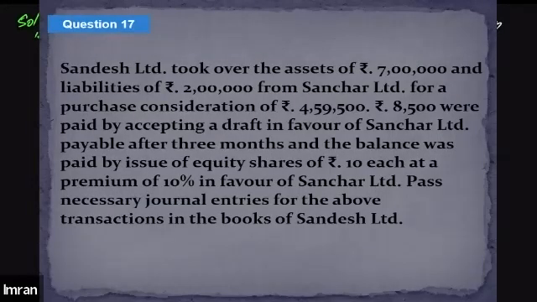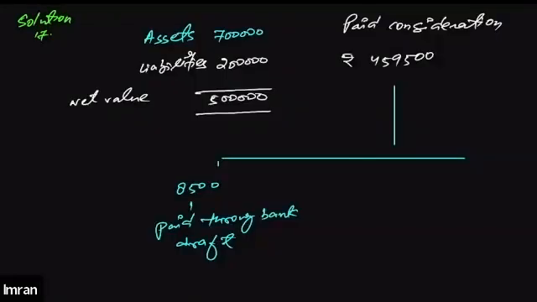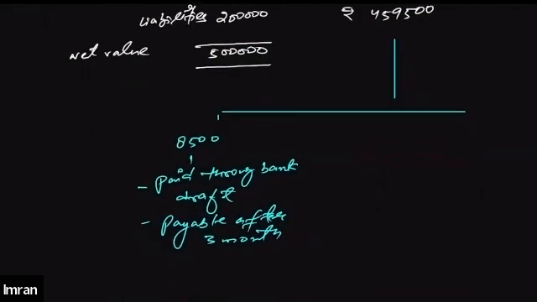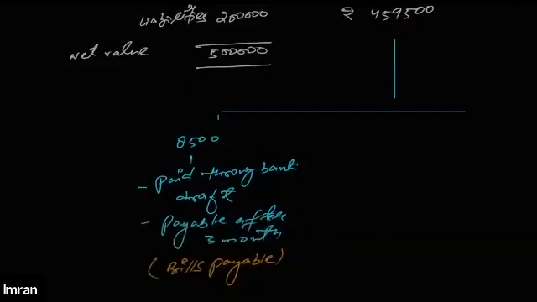It says that a bank draft will be issued in favor of Sanchar Limited, payable after 3 months. So we can say that 8,500 out of 4,59,500 will be paid by issuing bills payable. This can be termed as bills payable. Payment of 8,500 will be made through bills payable, and the remaining amount will be